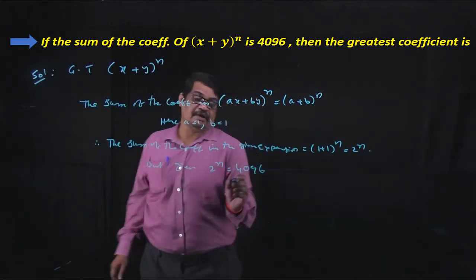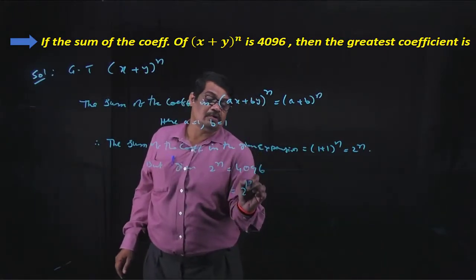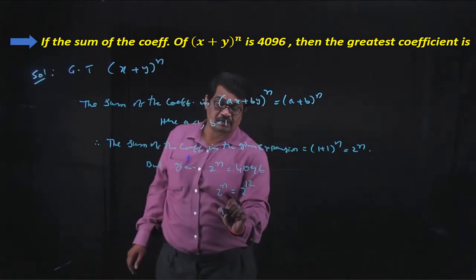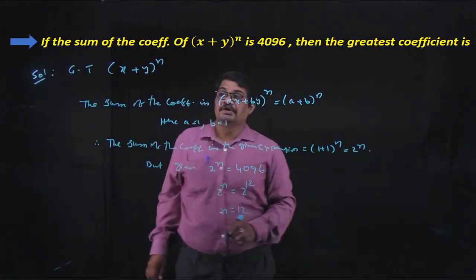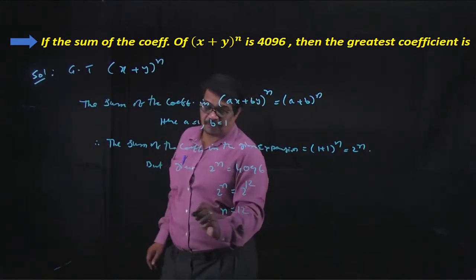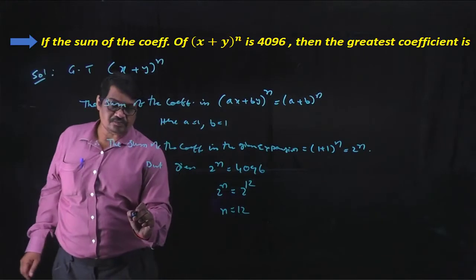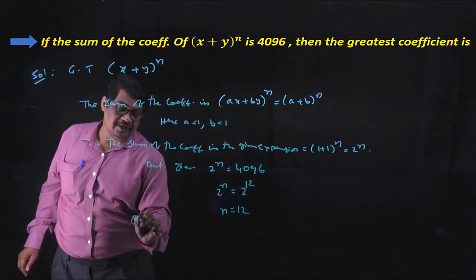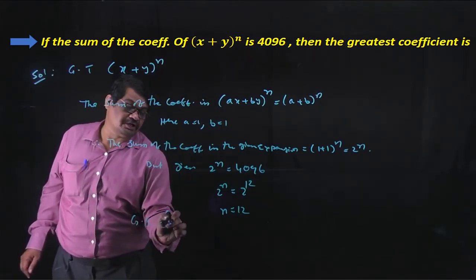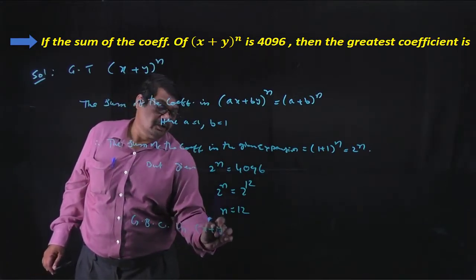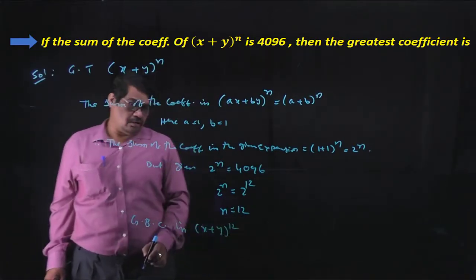So now we are equating this one. This is 2 to the power of 12. Here 2^n is equal to 2^12, so n is 12. Now we are writing the greatest binomial coefficient. Now we have to find the greatest binomial coefficient in (x + y)^12, which is